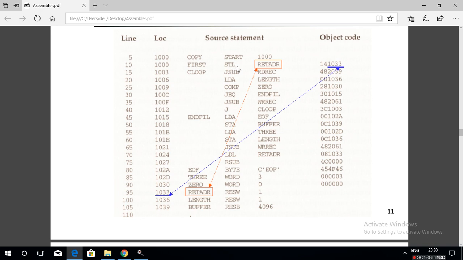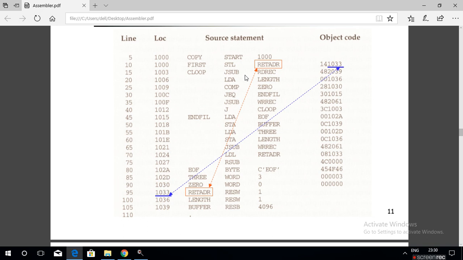First the program counter value will be assigned to this linkage register. Before the jump takes place, the content of the program counter, the address specified in it, will be assigned to linkage register L. So store the content of the linkage register into memory location 1033.